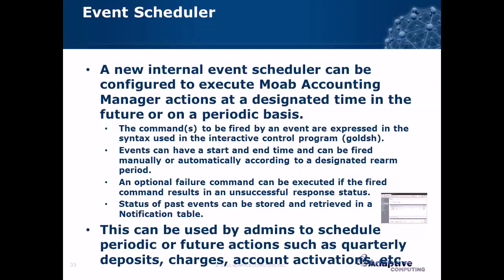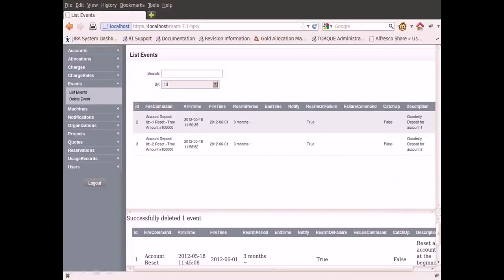So you might want to do this if you want to make regular deposits, for example, or you want to disable something at a certain time. You're not going to be there during that time. This is kind of an alternative to those allocations with start and end times, and we'll see that a little bit later. But this shows an example from the GUI within Viewpoint or the standalone CGI GUI of